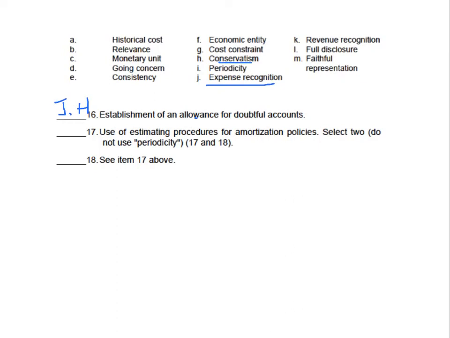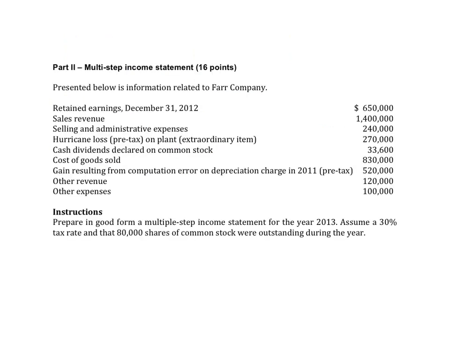Number 17 says use of estimating procedures for amortization policies, like we estimate how many years. Choose the straight line method. Select 2, but do not use periodicity. And this is 17 and 18. One of them is going to be, well, we're spreading these out into the future because we assume that we're going to be around. That's the going concern. And the second one would be, okay, well, we recognize an expense as it gets used up, and we're just choosing a method that does the using up. All right, in this one, we are to